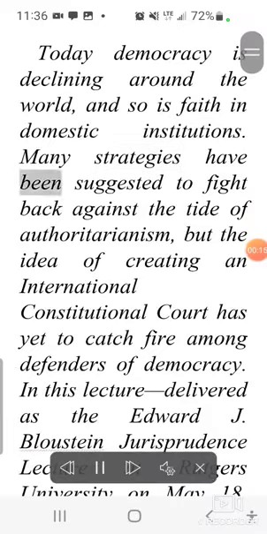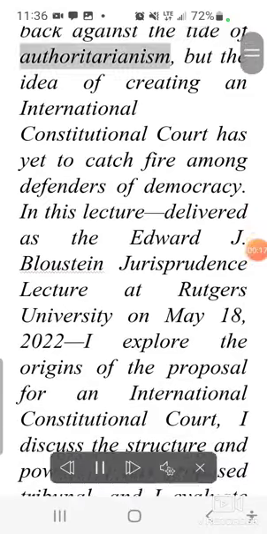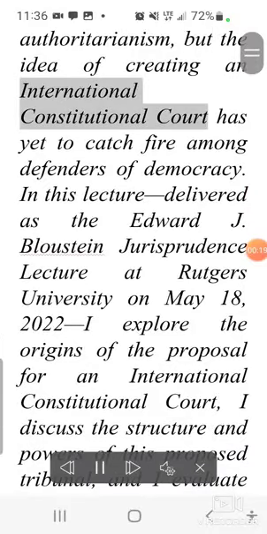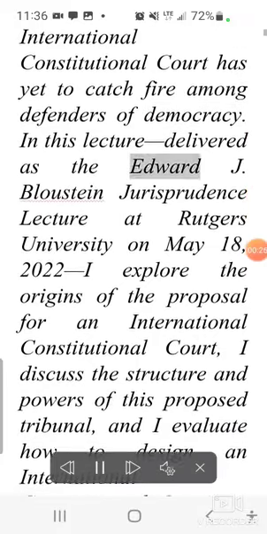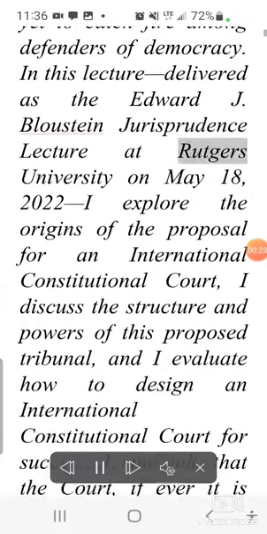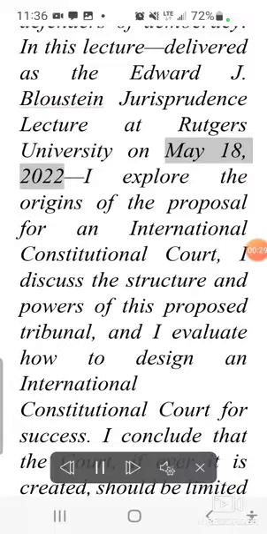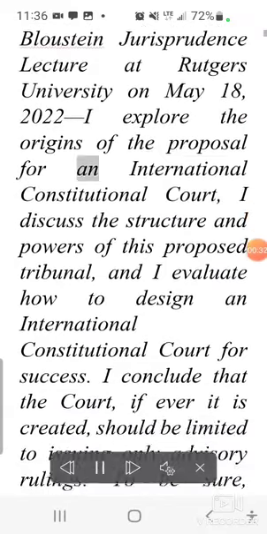Many strategies have been suggested to fight back against the tide of authoritarianism, but the idea of creating an international constitutional court has yet to catch fire among defenders of democracy. In this lecture, delivered as the Edward J. Blaustein Jurisprudence Lecture at Rutgers University on May 18, 2022, I explore the origins of the proposal for an international